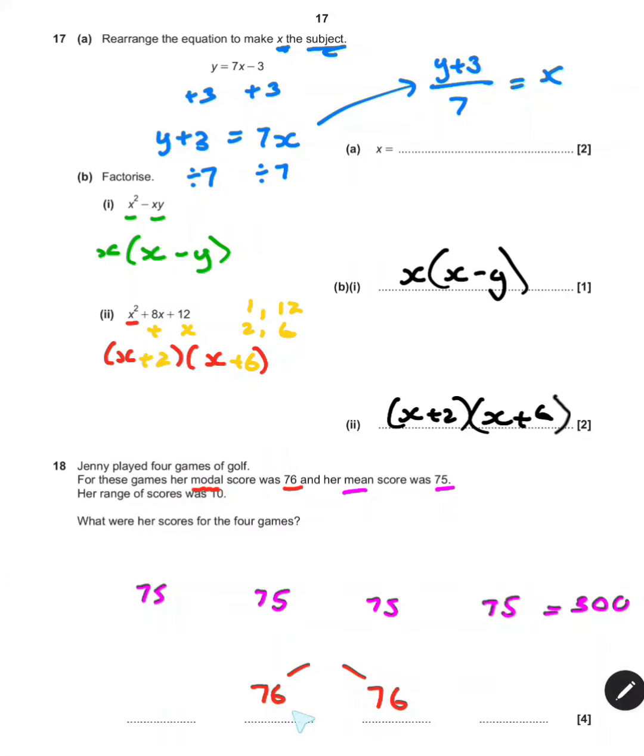If we work out what this adds up to, 76 add 76, 70 add 70 is 140, 6 add 6 is 12, 140 add 12 is 152. And we're aiming for 300 from these other 2 numbers. We need 300, take away 152,